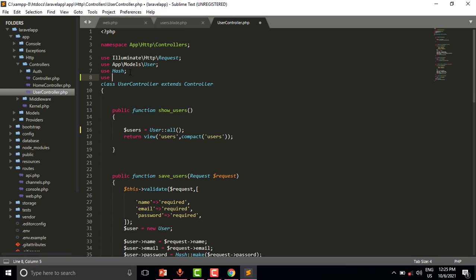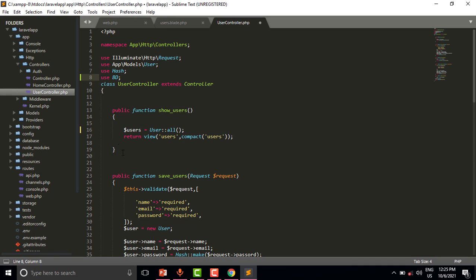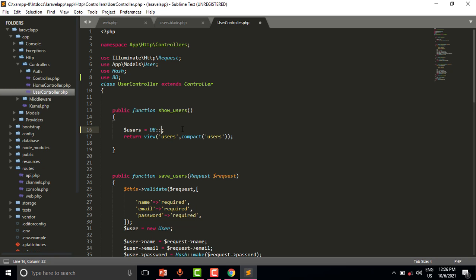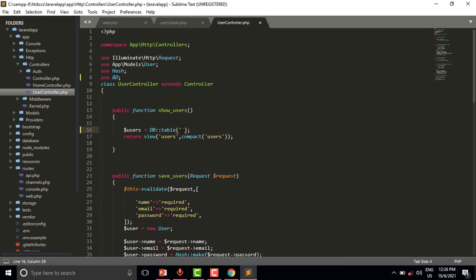Use DB. DB table, and inside the table we will pass the name of the table.